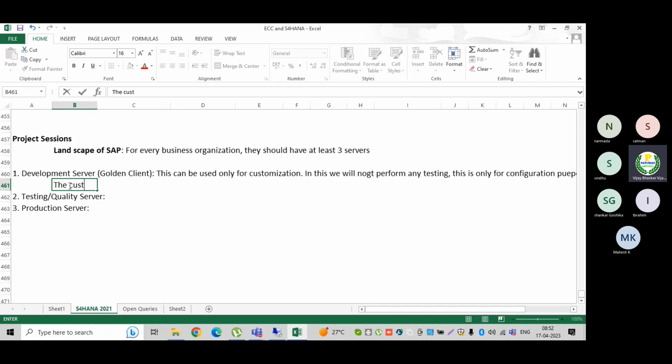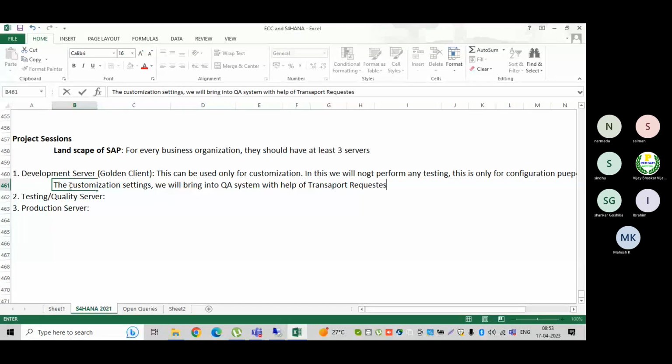Then the customization settings we will bring into the quality system, QA system, with the help of transport requests. The transport orders or transport requests. How can you bring the transport requests?